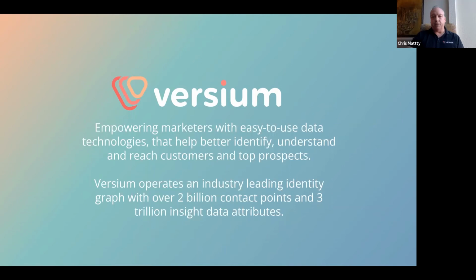Our identity platform sits on top of a very significant volume of data. It is both 2 types of data: identity data, which is data that allows you to identify and reach a customer. And these are things like emails, phone numbers, addresses, mobile IDs, things of that nature. There's 2 billion of these contact points that we have access to. And then insights data, which is all the data that helps you understand who these customers are. And these are characteristics about them, demographic characteristics about a consumer or household, financial characteristics, firmographics about the business that a person works for. And this allows for segmenting and custom audience creation, all these types of things, all with the goal of helping marketers really improve their marketing ROI.